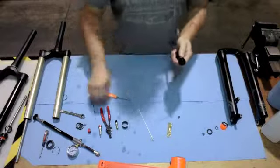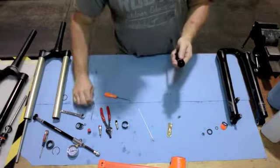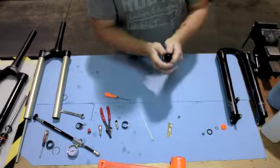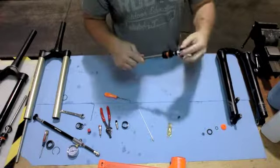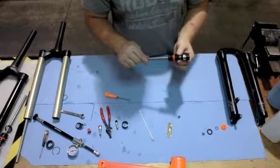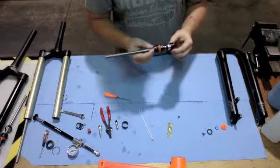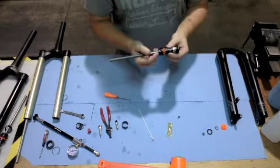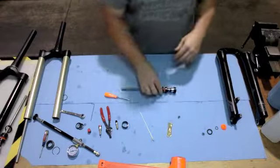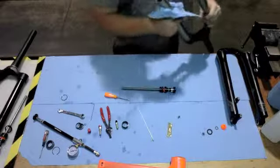So just, you know, with the small end of your 1.5 millimeter Allen, just make sure those are nice and snug. Take your new air spring seal, reinstall that, and just give everything a good look down. We give you a nice accessory of extra O-rings just in case you need to replace some O-ring or possible top-out bumper that's damaged. With all those seals replaced, go ahead and take the stanchion assembly, inspect the inside